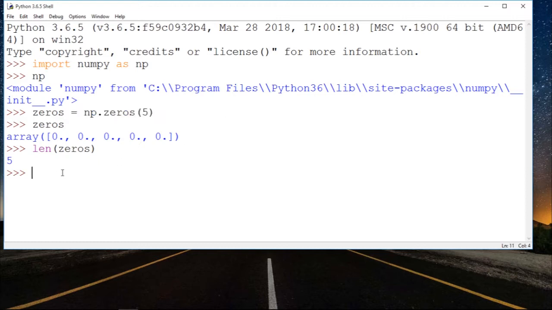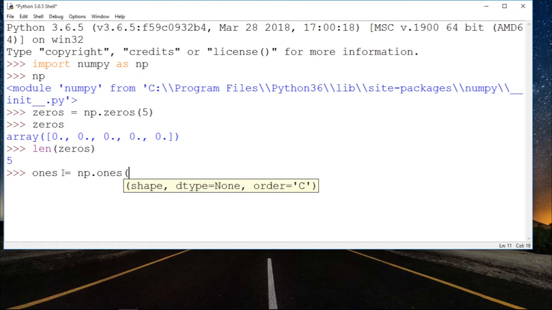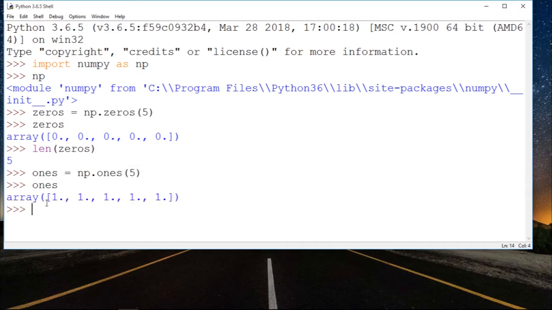To create an array of ones, I'm going to use ones, which is equal to np.ones. Again 5 numbers. And if I call ones, I'm going to see that I have an array of 5 numbers. Pretty quickly. So to create a simple array with whatever data we have, you could create something like